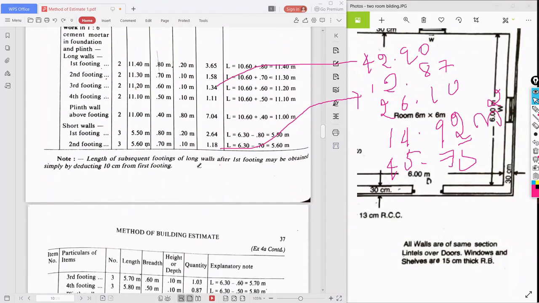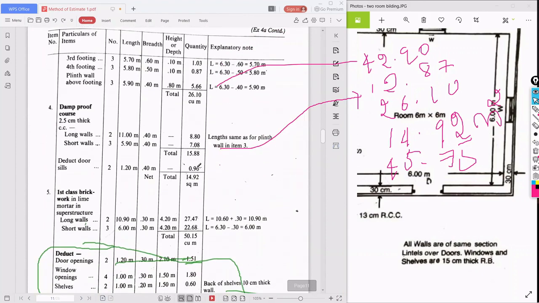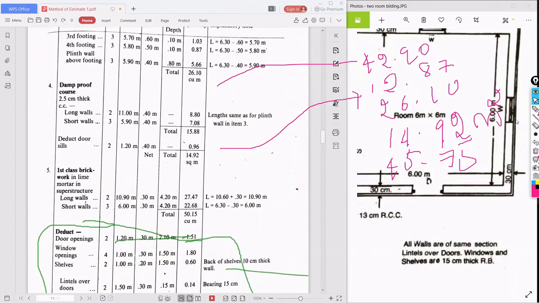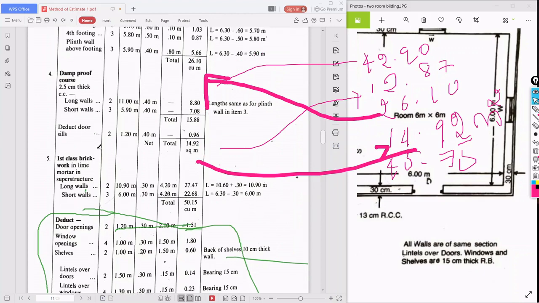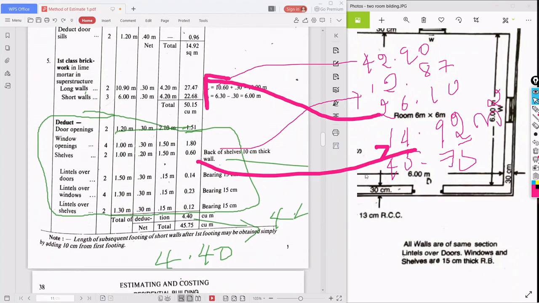First class brickwork quantity is 26.10, see this 26.10. In the damp proof course, 14.92, yes, 14.92. And in the first class brickwork, 45.75, here also 45.75, okay.